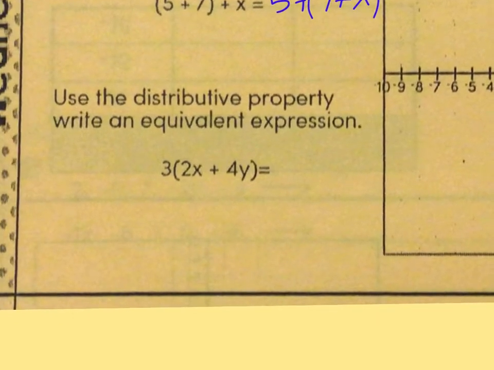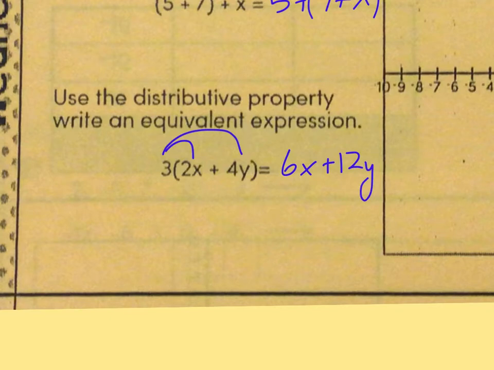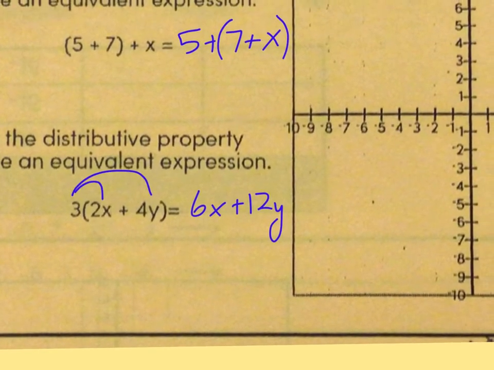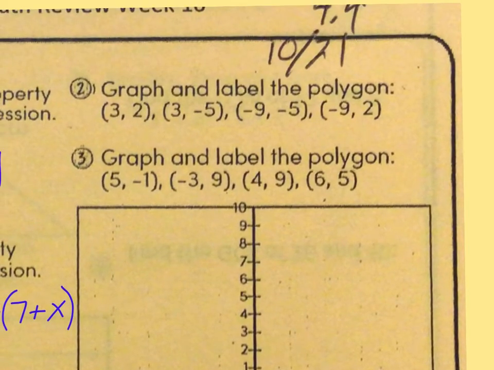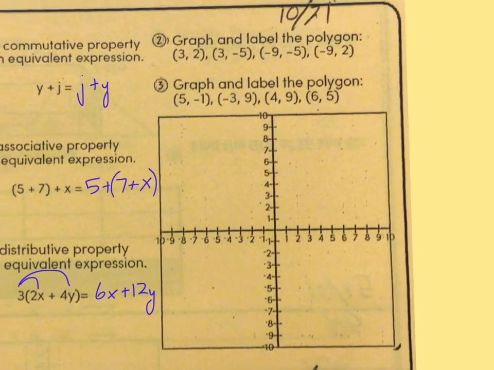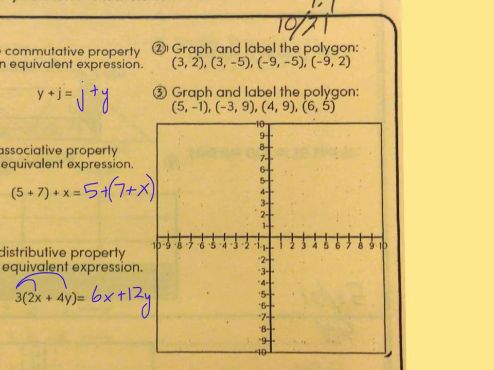And this one, use the distributive property to write an equivalent expression. So what I'm going to do is go 3 times 2x is 6x, and 3 times 4y is 12y. So those are reviews. Hopefully you're familiar with how that works. Now, this is where I wanted to come and talk. This is actually what your assignment is going to be on today. So this is something that's hopefully a review, but if it isn't, listen closely and we'll figure this